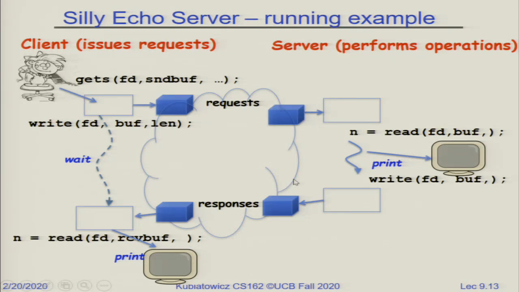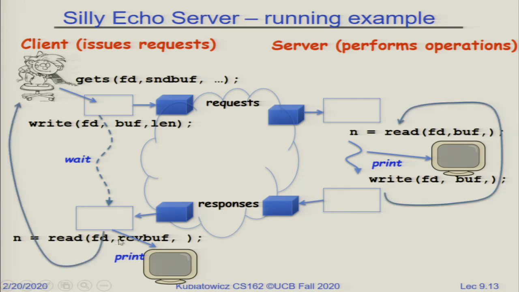And so here's an echo server. Assuming that we've managed to connect two sockets together, the idea here, for instance, is the client issues a gets from the standard in for a user. The user types a bunch of stuff that gets written. It goes in one end of the socket. It emerges on the other side. The server has done a read. It's now sleeping, waiting. It gets that read, prints the result out, writes the result to the different file descriptor, which comes back, gets read at the client side, and we can loop forever and basically echo everything you type here, goes out and comes